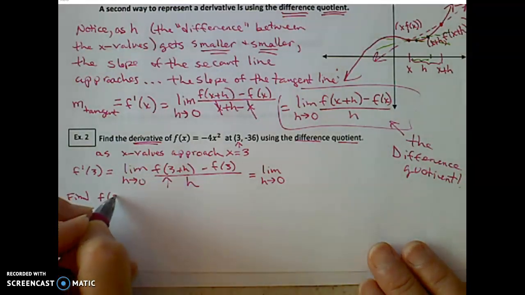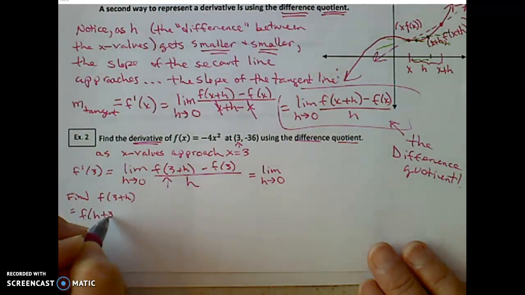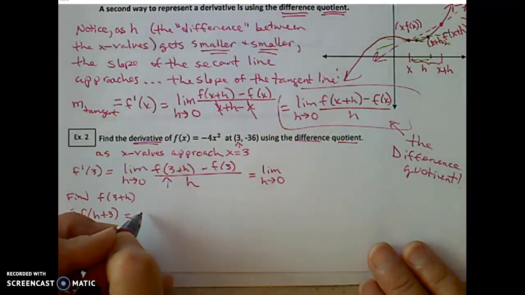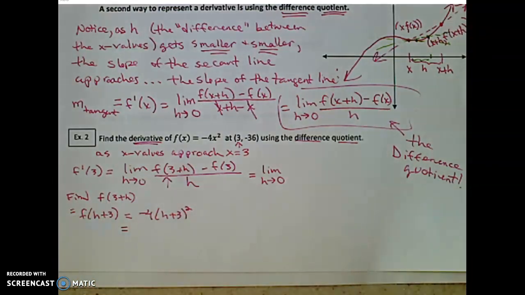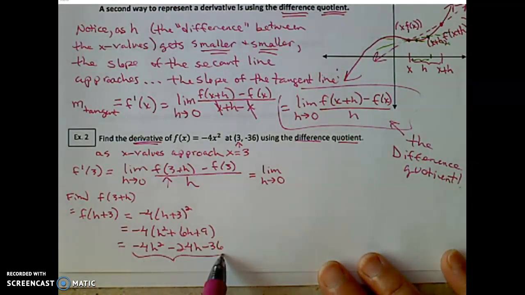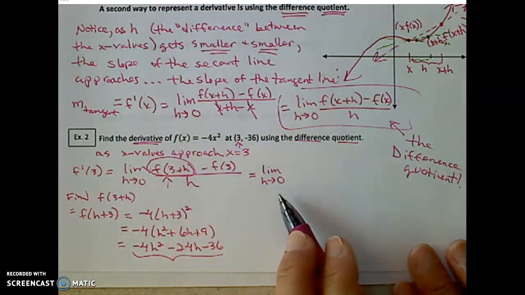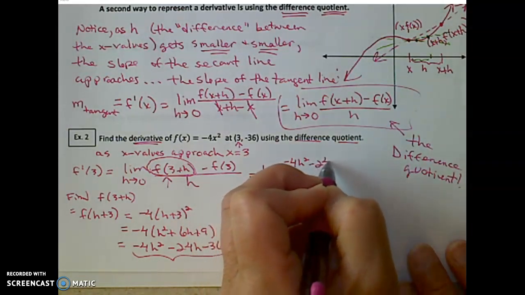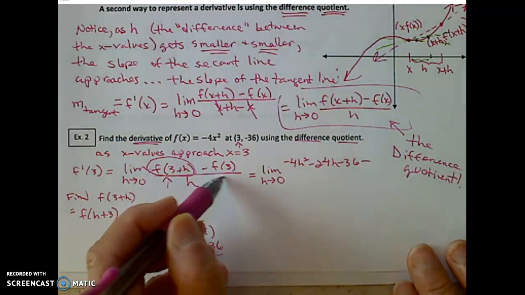What is f of 3 plus h? That's easier for me to write as h plus 3, which is, I'm going to plug in h plus 3 into that function. Negative 4 times h plus 3 squared. Can you expand that, please? When I expand this and distribute my negative 4, I get this. So f of 3 plus h is this. That's the limit as h approaches 0 of negative 4h squared minus 24h minus 36 minus